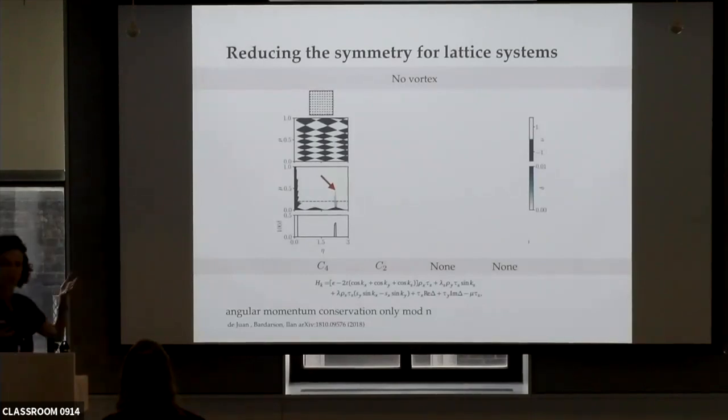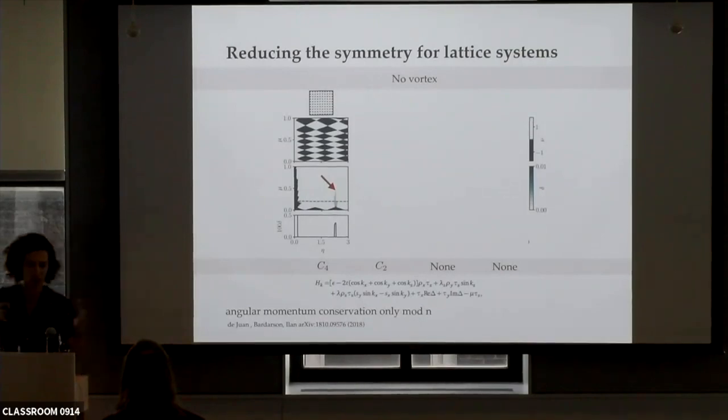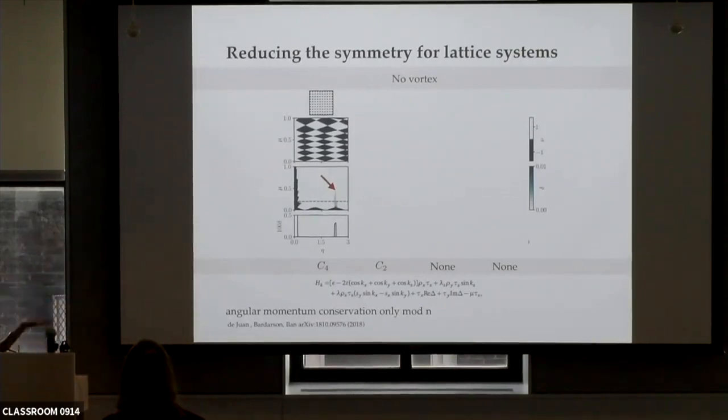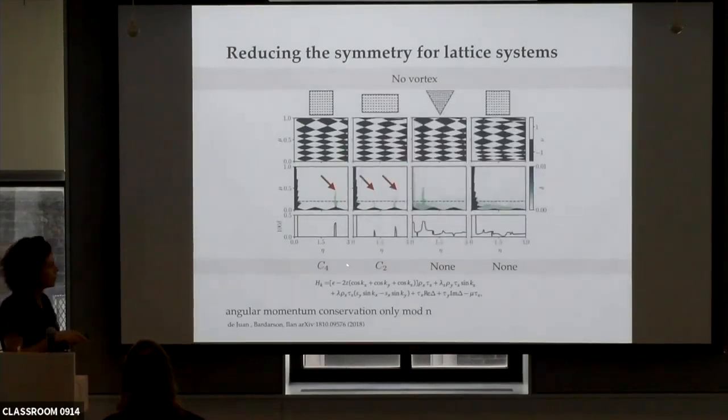What I want to ask is the following question. If I start reducing the symmetry of the system, can I still get a gapped state even though I don't wind? And what is the magnitude of the gap? You can see a small gap developing here around flux 2, and that was not allowed in the system that was perfectly rotationally symmetric. This is because of the C4 symmetry. But this gap is trivial, so nobody cares. Now I'm going to reduce the symmetry further and go to a system that has only C2 rotational symmetry, and as you can see, there are more faint gaps appearing here, which is expected.